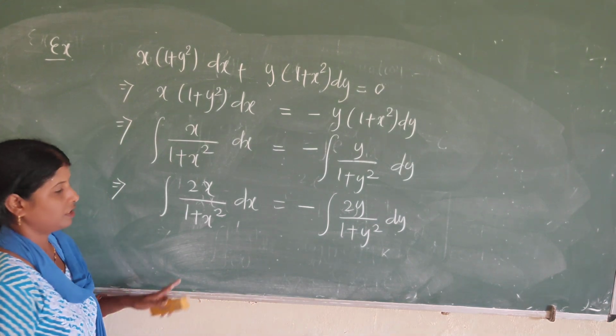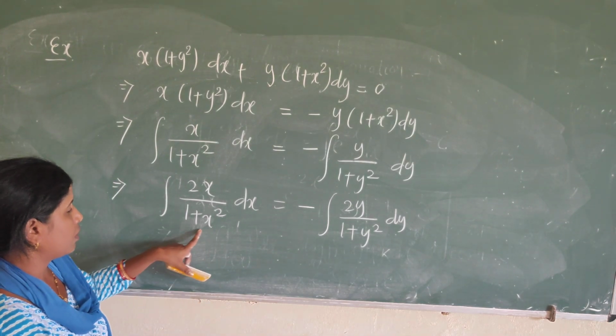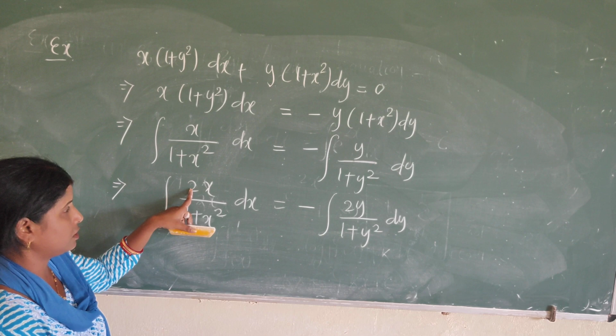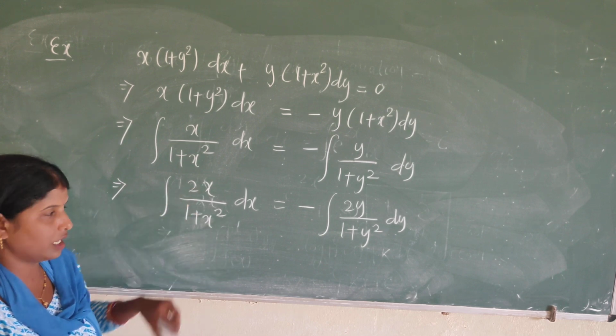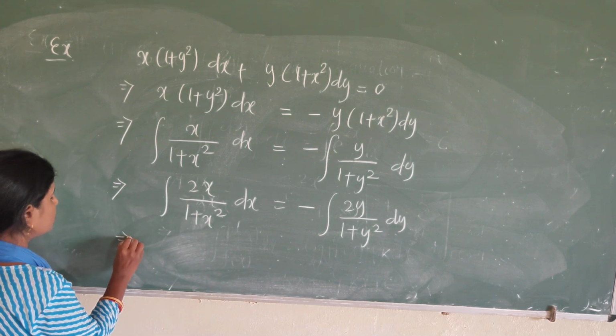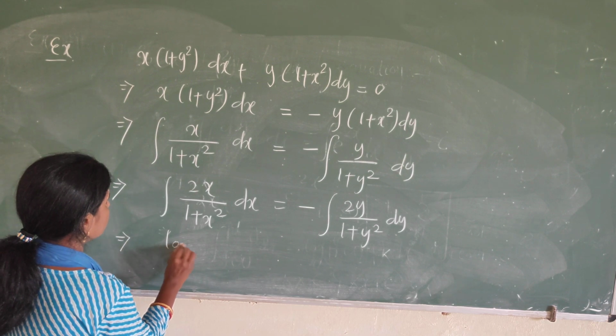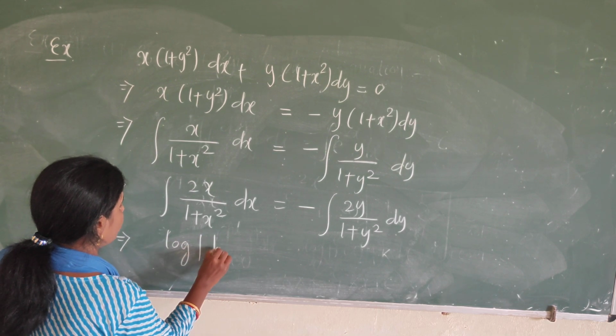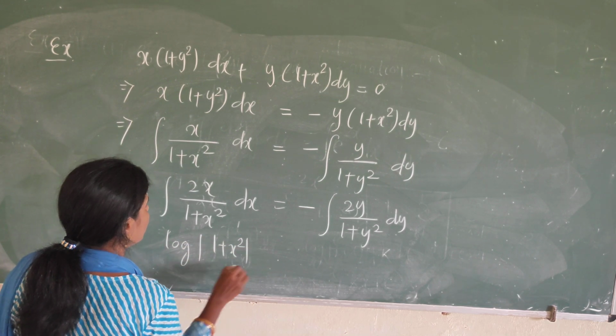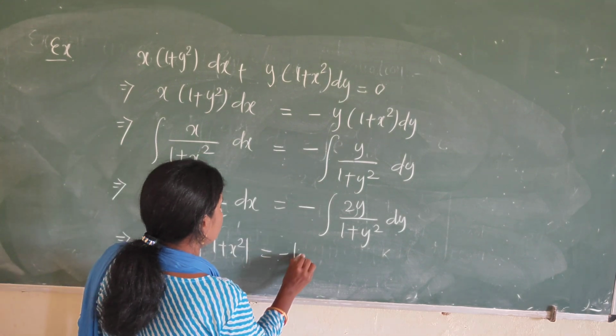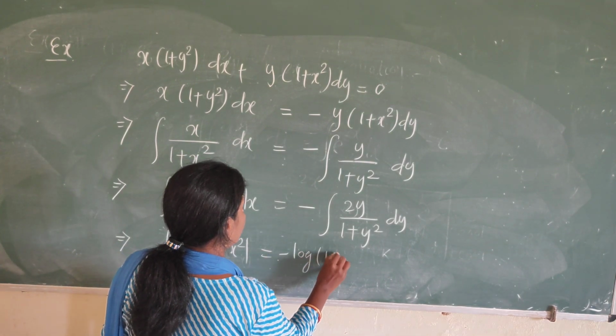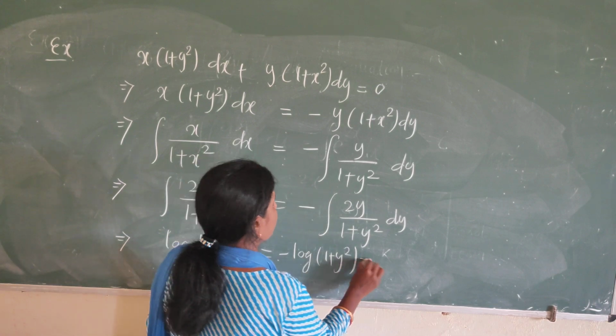Now this is our f of x and this is the derivative of 1 plus x square. So its integration is log (1 plus x square) equal to minus log (1 plus y square) plus